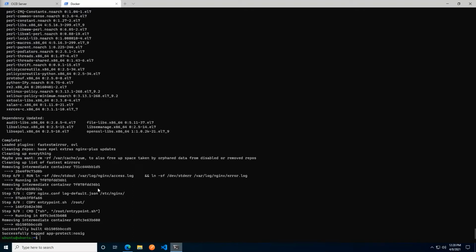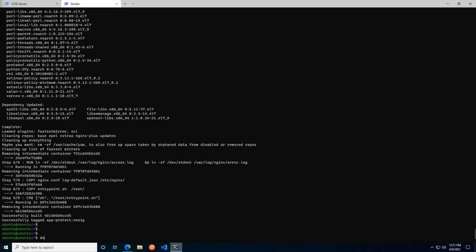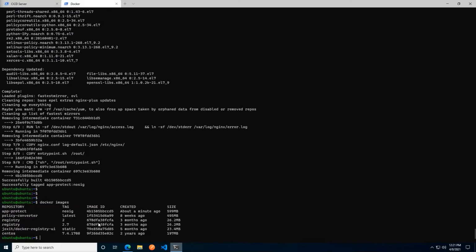And considering that we're all sitting on systems running out of one and the same AWS availability zone, I'd say it's likely we have roughly the same bandwidth available. To verify that we did indeed successfully build our image, we can simply run docker images to get a list of the images that exist in our local registry.